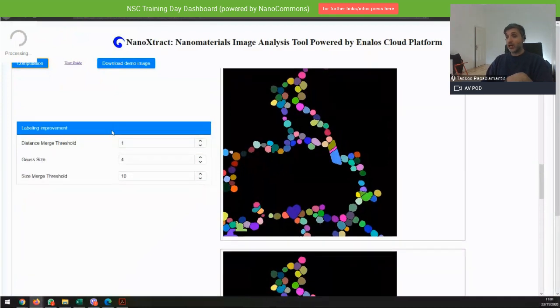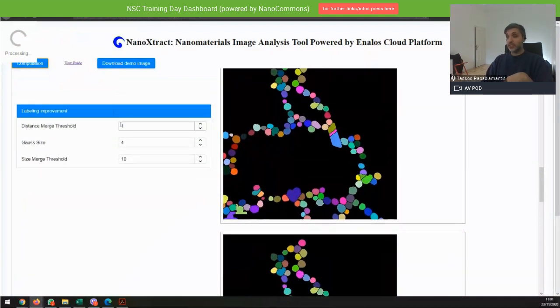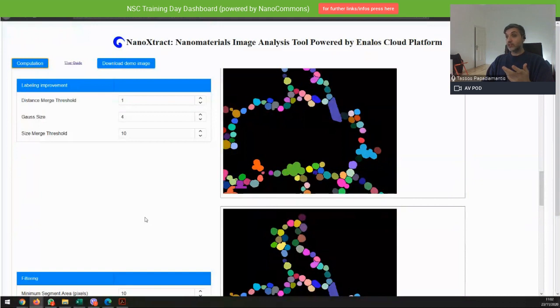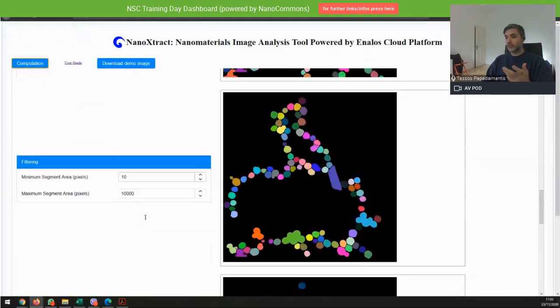How this will work is that we run it again by increasing the Gaussian size, and when it finishes, you can see here that things became a lot different.